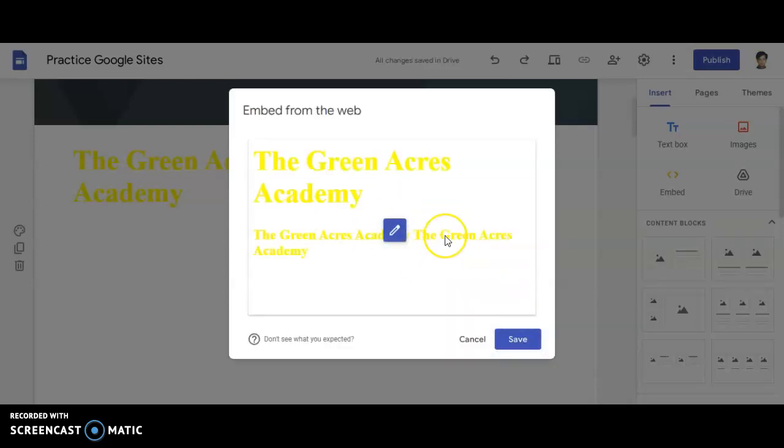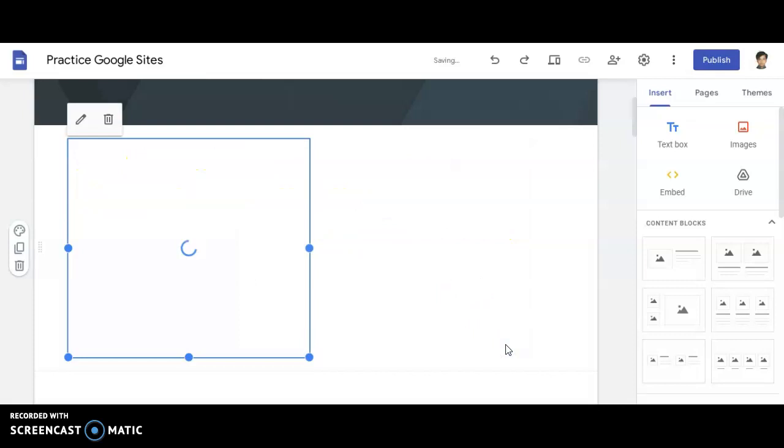Yes, there is no difference. So you can use either bold or strong; it is one and the same thing. But one thing to note here is that both "Green Acres Academy" texts are coming on the same line,